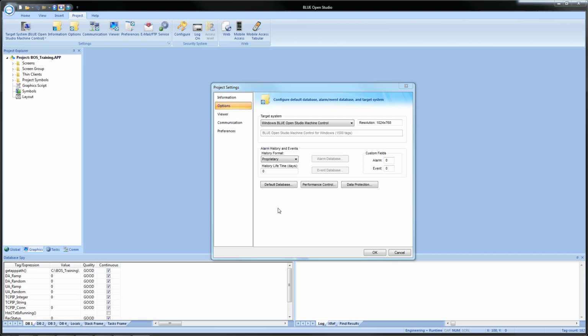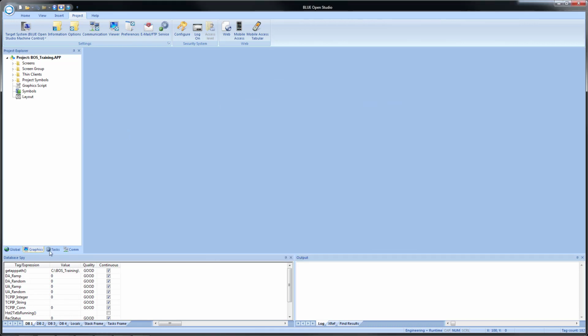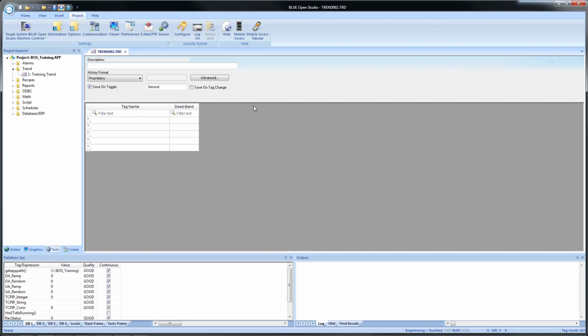So now we will create an example of how we can log data to this database. And we will be doing that by creating a trend worksheet that will log to the database. So I'll close out of my project settings, and then in the Project Explorer, I'll go to the Tasks tab, and I will right click on Trend, select Insert, and then I will create a trend worksheet. If you haven't looked at the trending tutorial video, I suggest you do that for more details regarding how the worksheet itself is configured. I will give it a description of